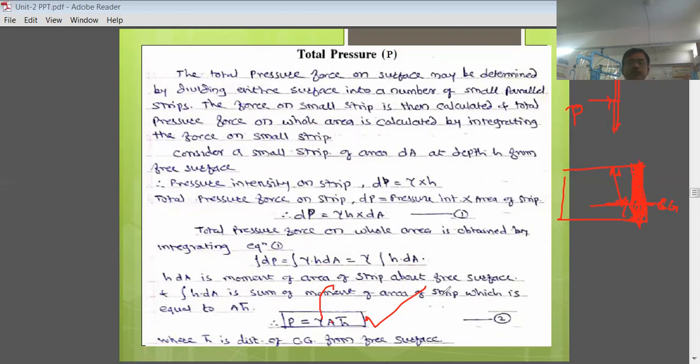Next point is about deriving the equation for the center of pressure, that is h star. Now before moving ahead, let me know from your side, is there any query, any doubt from this particular derivation? It was a simple, small derivation. If you do have any doubt, you can unmute and ask, or you can put your comment in the chat box.